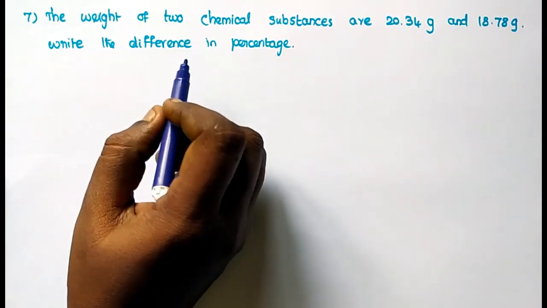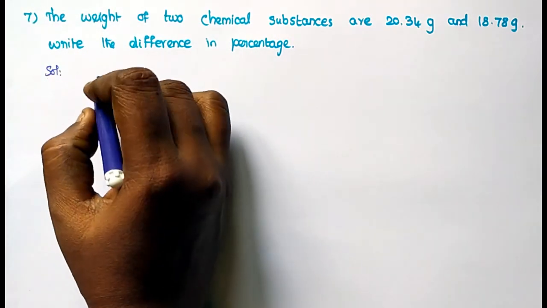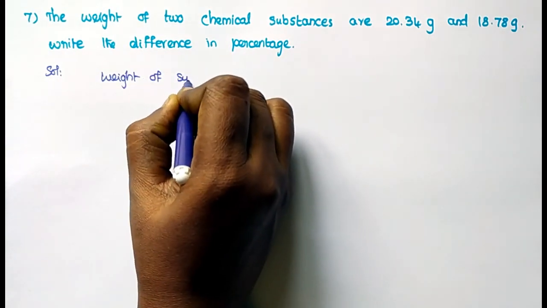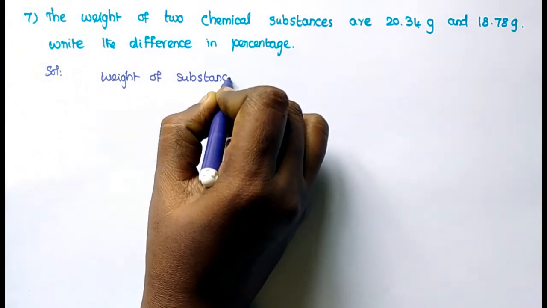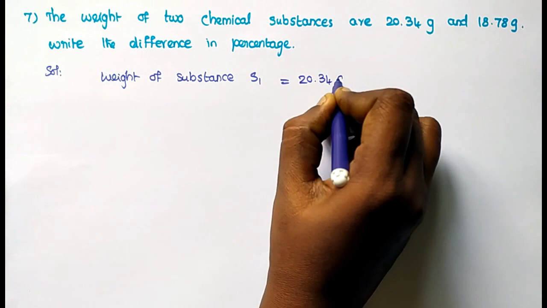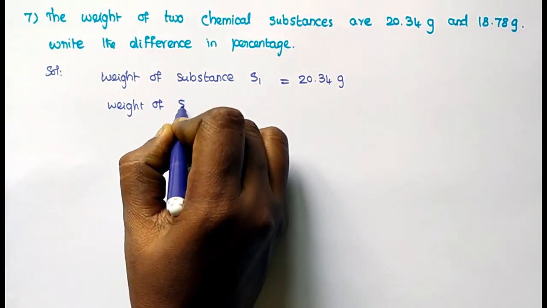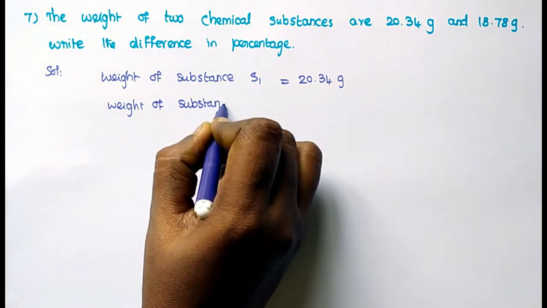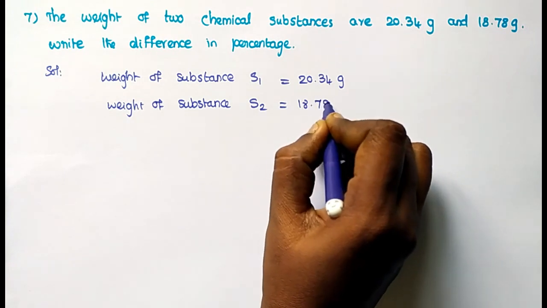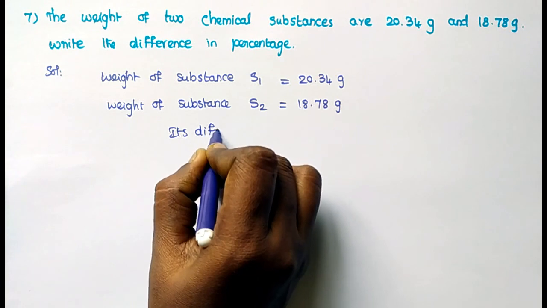Seventh sum, the weight of two chemical substances are 20.34 gram and 18.78 gram. Write the difference in percentage. Listen, write down what they given first. Weight of substance 1, S1 equal to 20.34 gram, and weight of substance 2, that is S2 equal to 18.78 grams. Its difference, they ask,